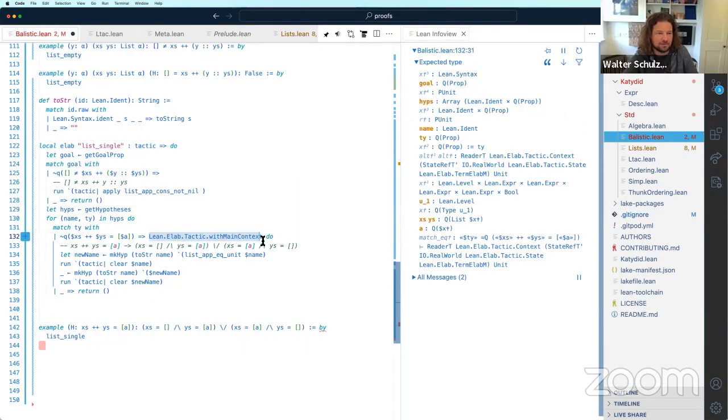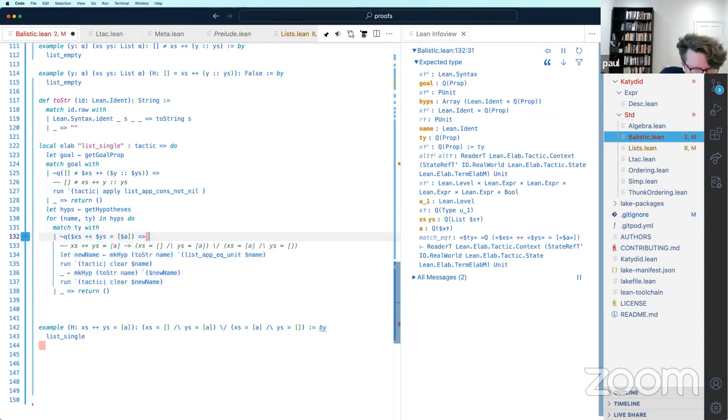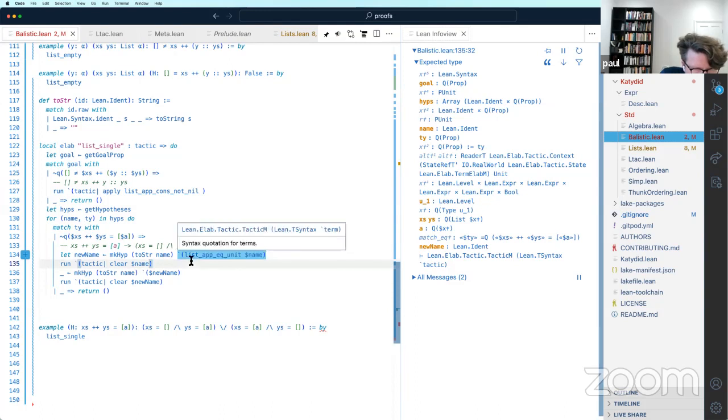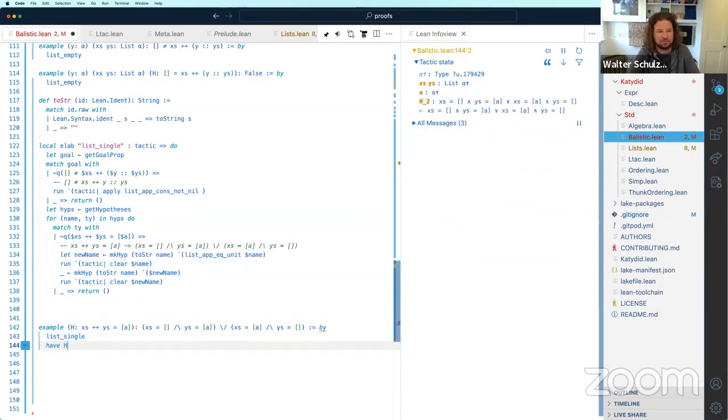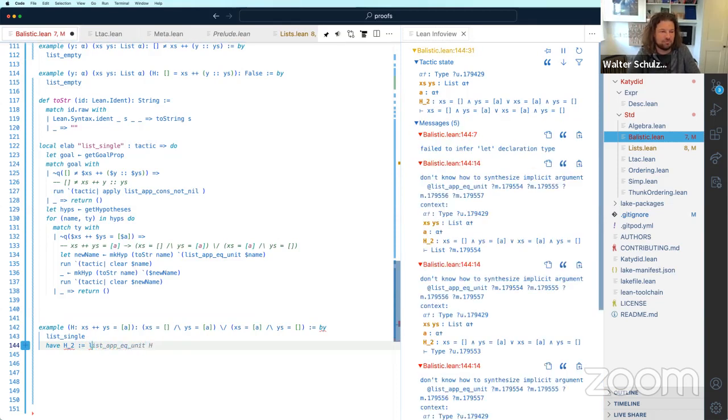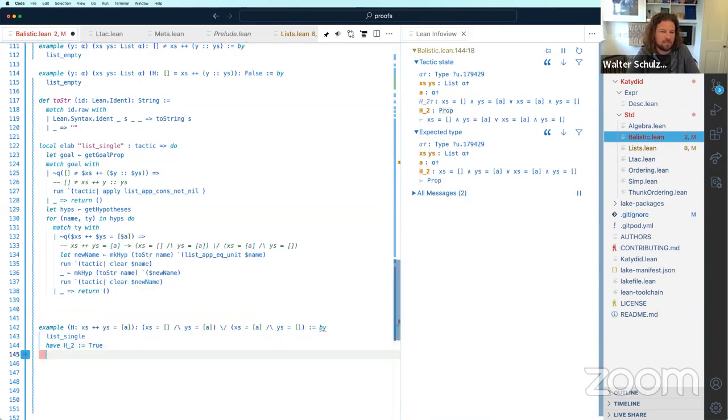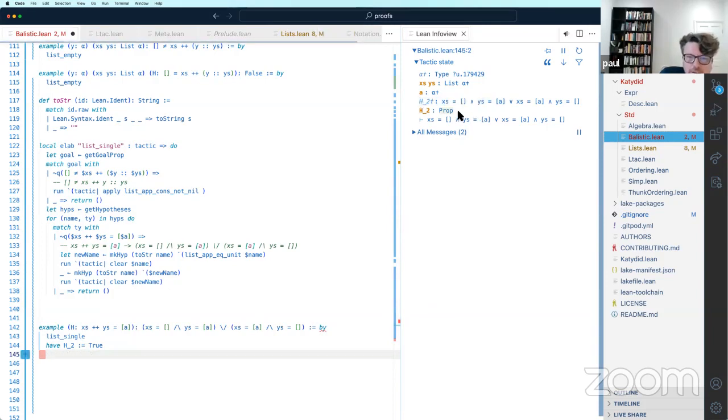No, we're not that lucky. So it's more tightly coupled. I wonder what happens. Let's just try something. Have H2 true. Yeah, then it throws it away.